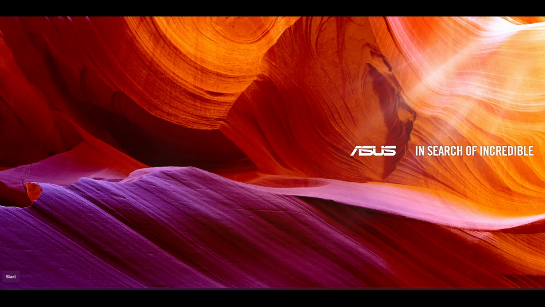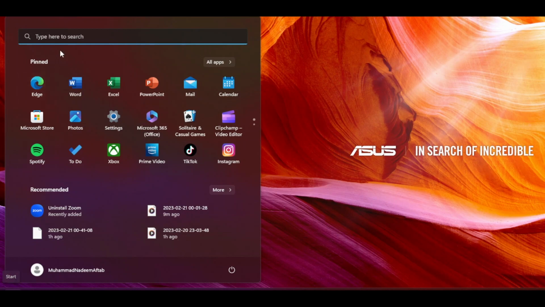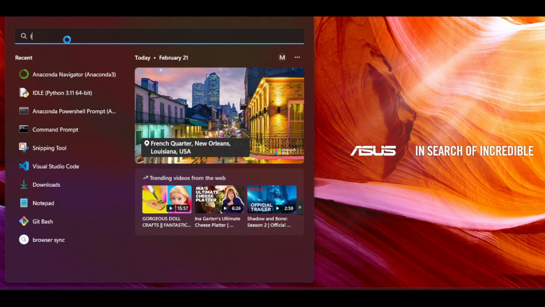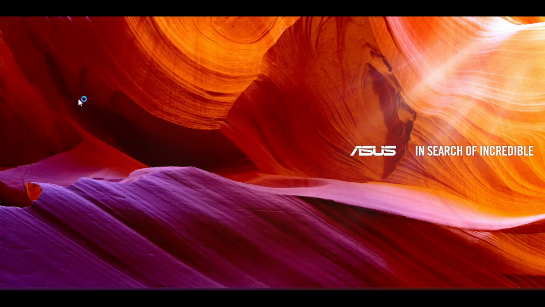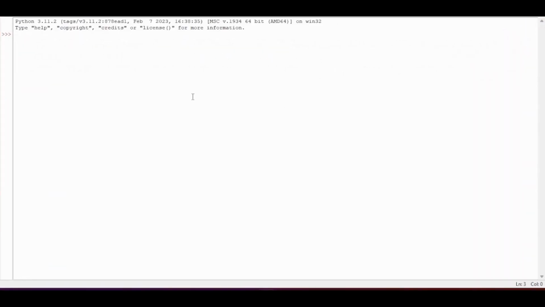And once it's done, go to the Windows command search and write IDLE. If you write IDLE, then you will see IDLE Python 3.11. Just click on this one. So this is the IDE, the default IDE that comes with Python. Next I will introduce different IDEs, what they are and how to use them. And for this one, I'll just introduce you to the first